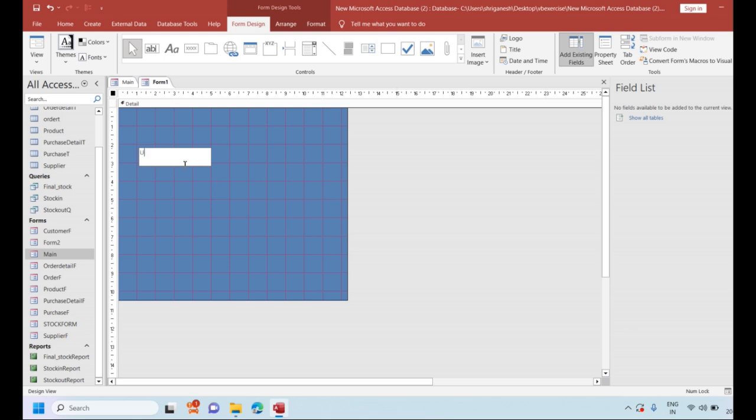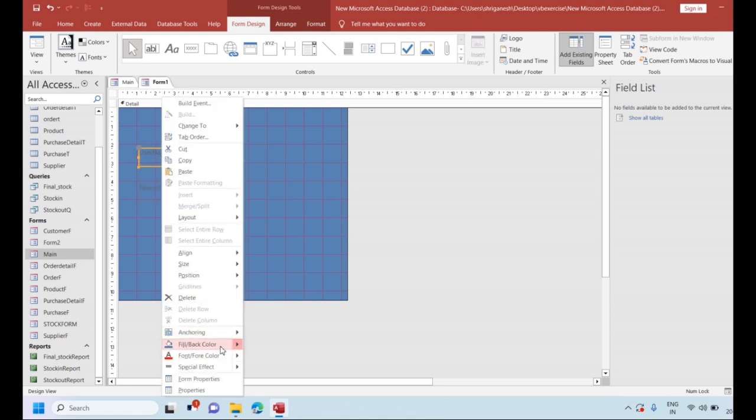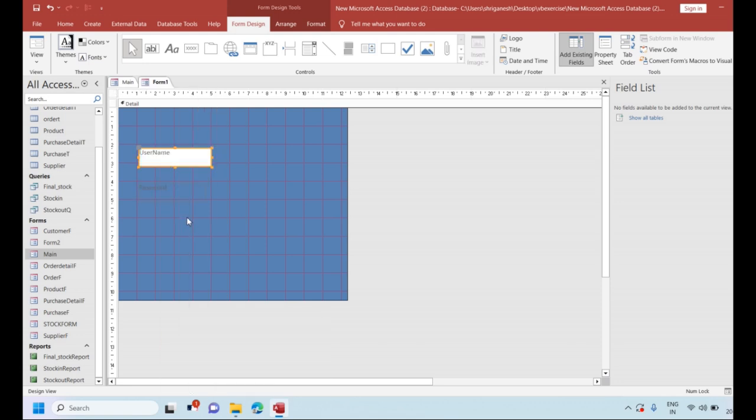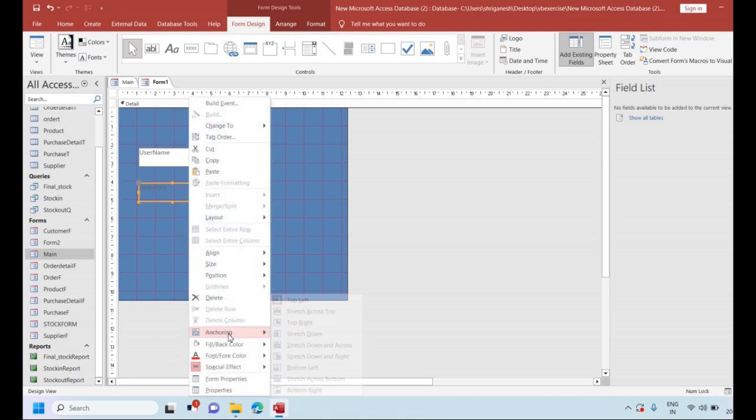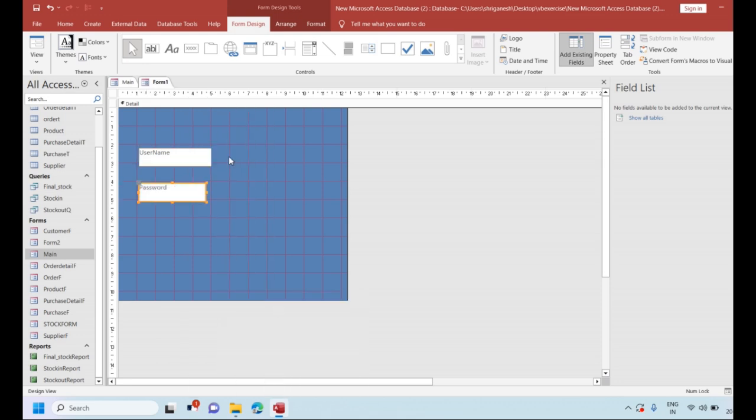I just give it as username and another label for password. And I need a text box here, and one more text box here.